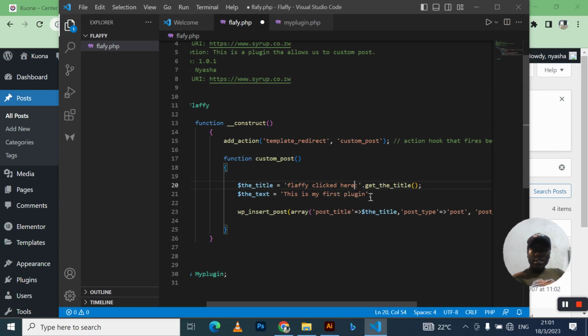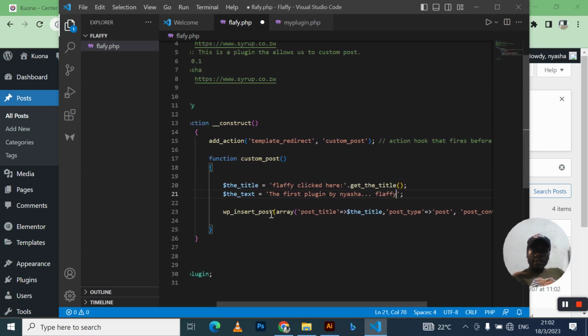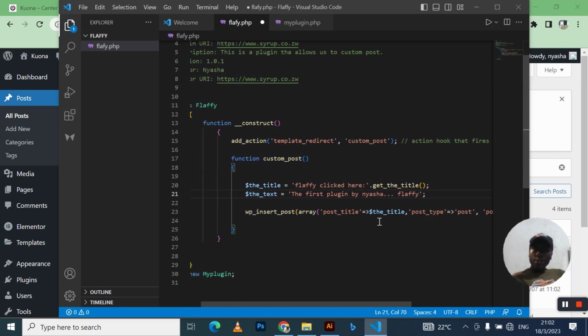This is the text of the post. Remember the post has a post title and post content, so I am just putting the title and the content. The text: the first plugin, Fluffy. So this is the function that posts